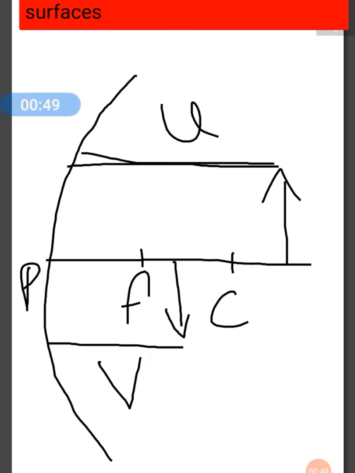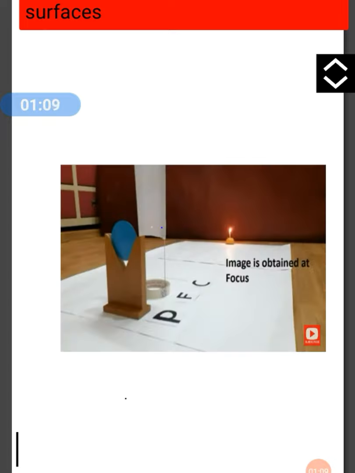Now students, you must keep in mind, whenever you draw the ray diagram, you should measure the focal point and center of curvature with the scale. Suppose you take the center of curvature as 10, then you can take the focal point as 5. Now see here, this is an object which is put very far. The image is forming at the focal point, and the dark image is forming here. So whenever we keep the object far away, we will get a point-sized image on the focus.